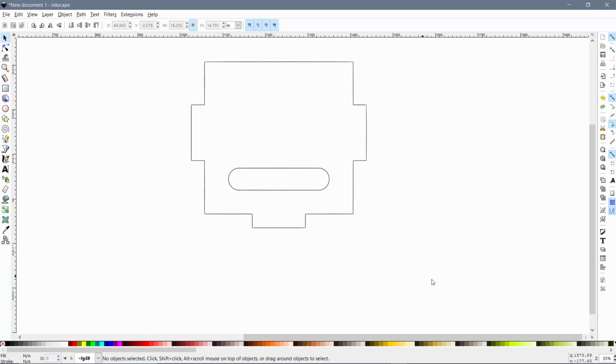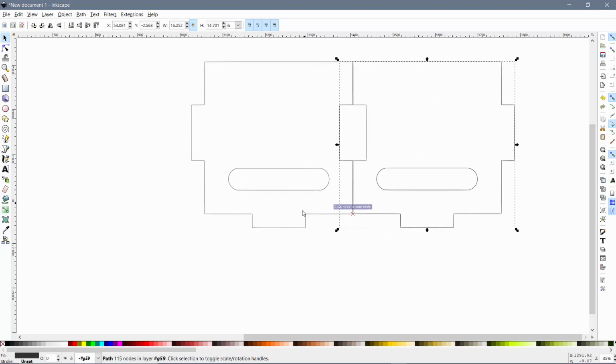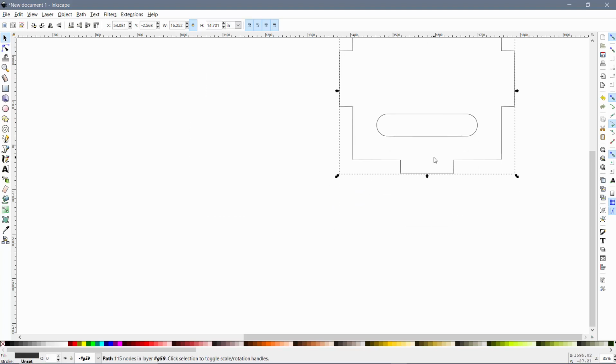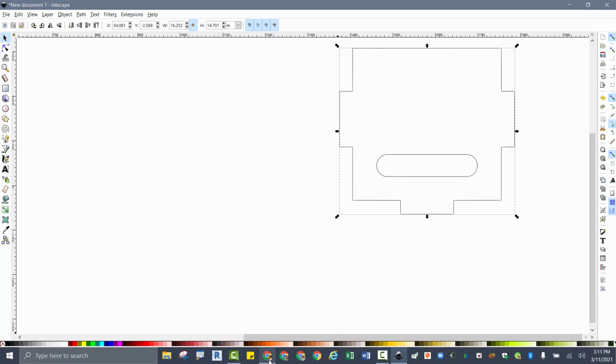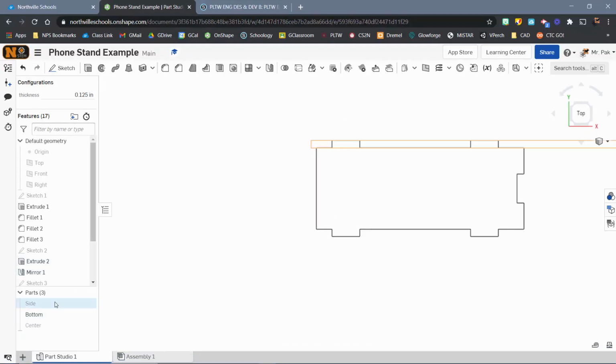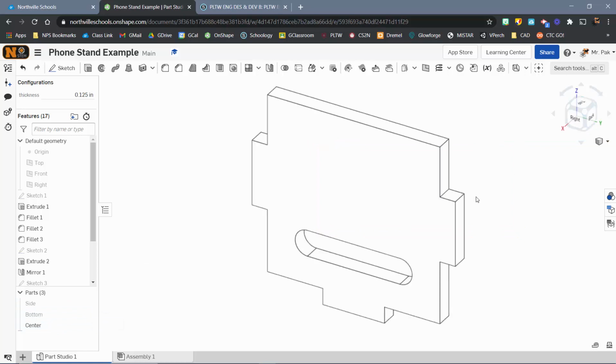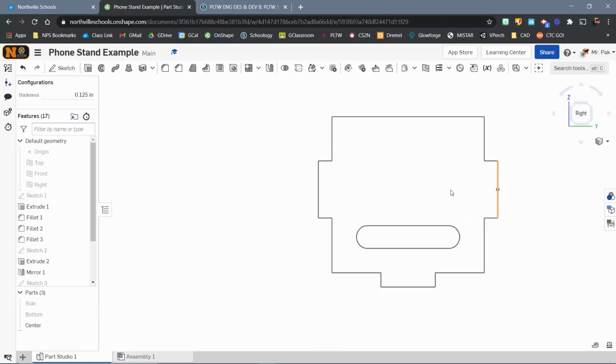Alright, so I'm going to hit escape, pull off. Oops. Alright, again, that first one looks like it's the darkest there, so I'm going to use this one. Okay, same process. Go back to Onshape. I'm going to look at that centerpiece, open that up, take a look at it from this front side, and